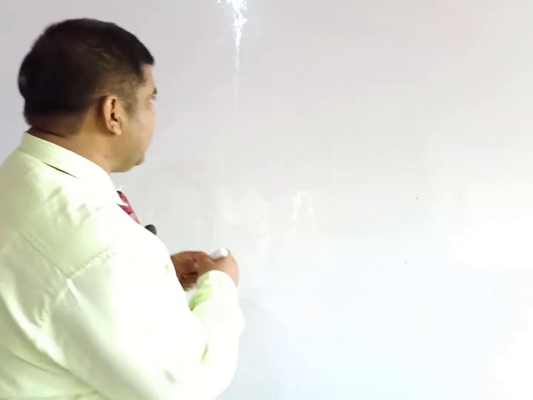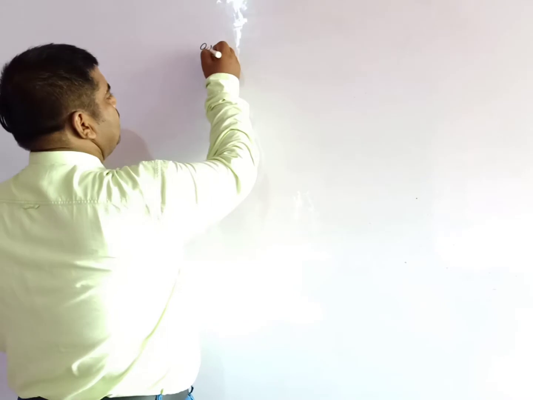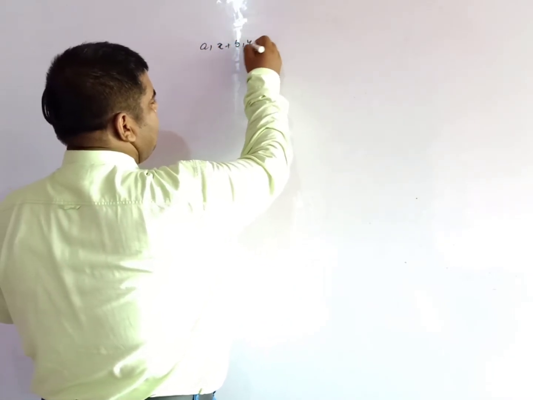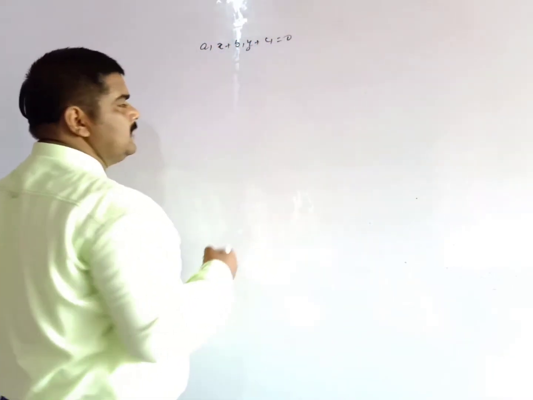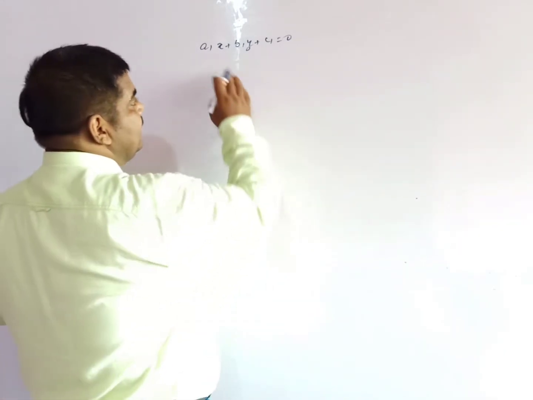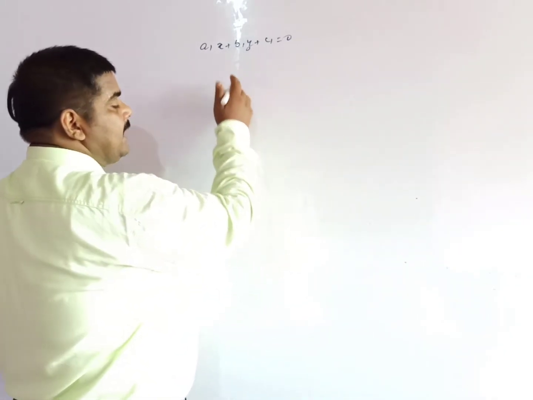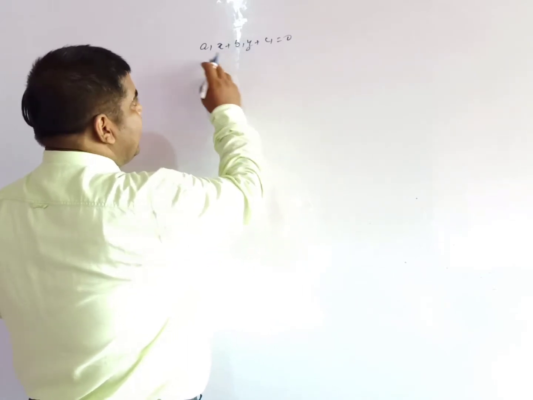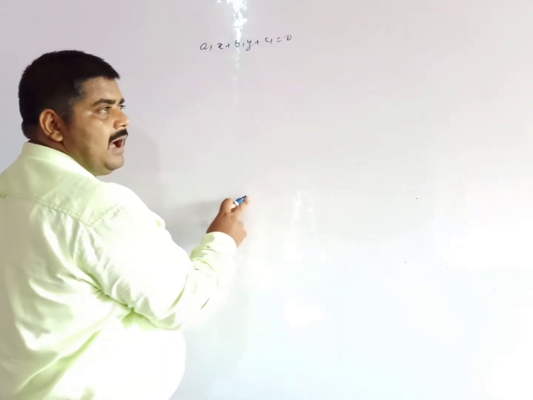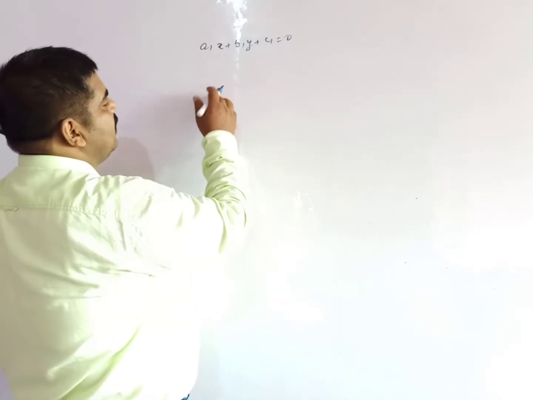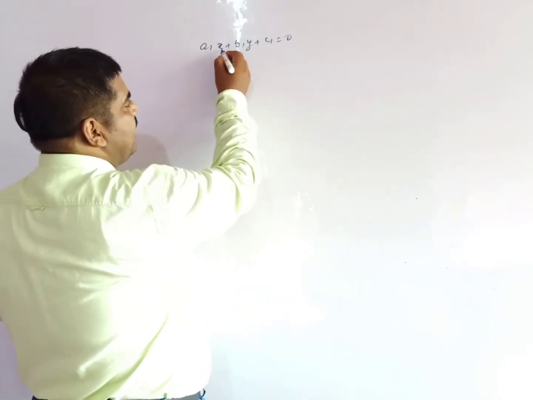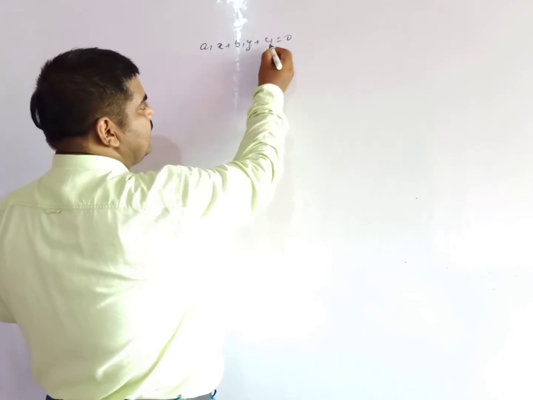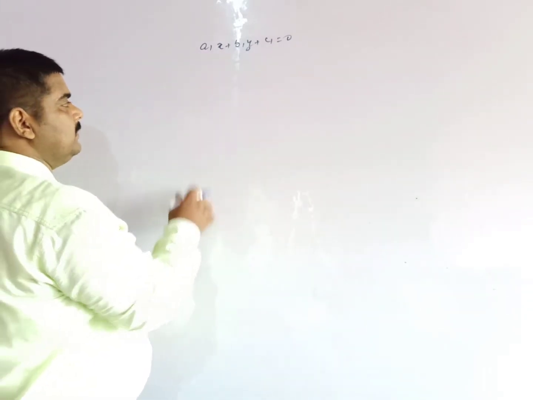My dear students, as you know, a system of linear equations in two variables has been given, and a pair of this system. a1x plus b1y plus c1 is equal to 0. This is one linear equation in two variables, and here the variables are x and y, and a1, b1 and c1 are real numbers. And you also know that a1 is the coefficient of x, b1 is the coefficient of y, and c1 is the constant term. Another,